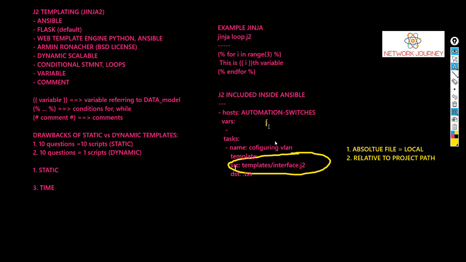So how is the data model getting synchronized? First it will check local. If it's not finding it, it's going to check the project, and third it will check the Ansible folder. That's nothing but the entire path of /etc/ansible, and that is how it's going to take the data, and you know what variables we are actually mapping, so that it picks the right one and there is no room for confusion.